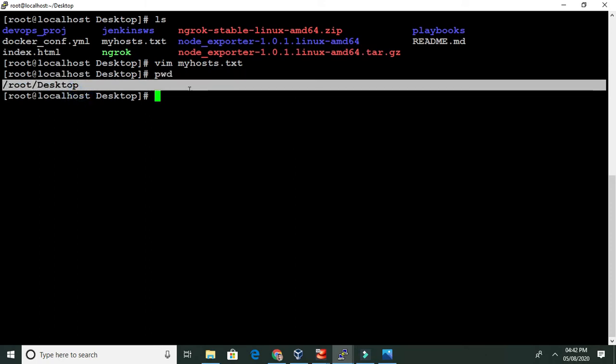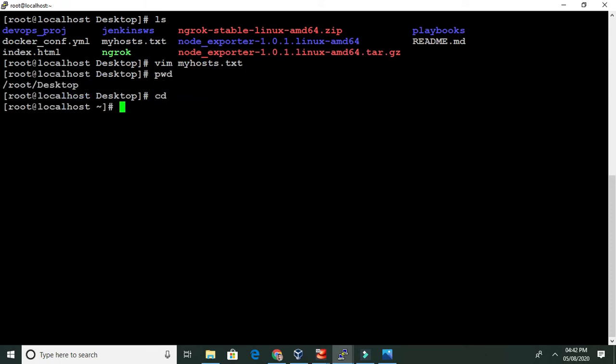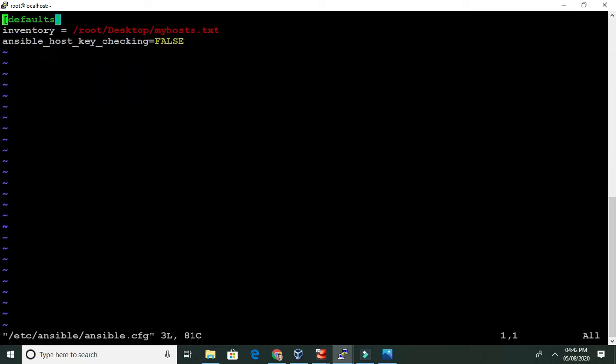This is the location of the inventory. You always have to create this configuration file in the etc directory: inside it you create an ansible directory, and inside this directory you create the configuration file. I have already created it, so I will take you there.